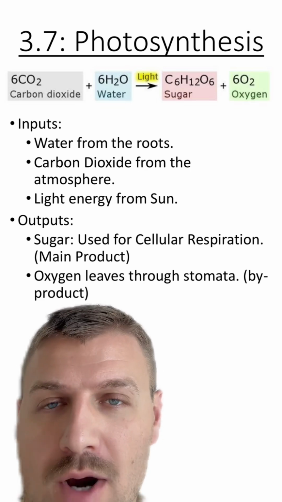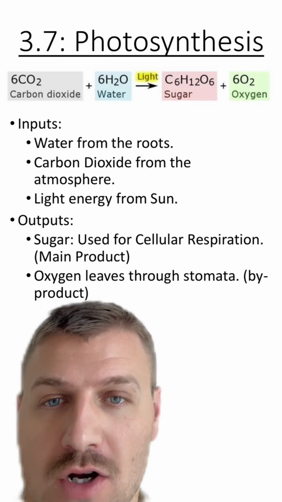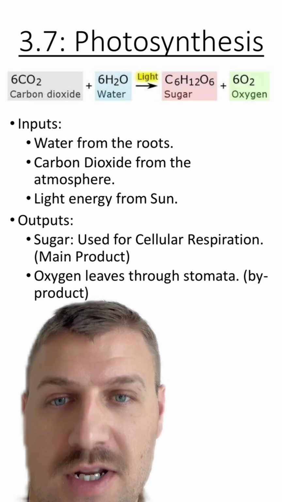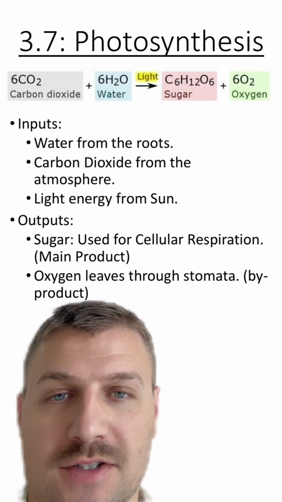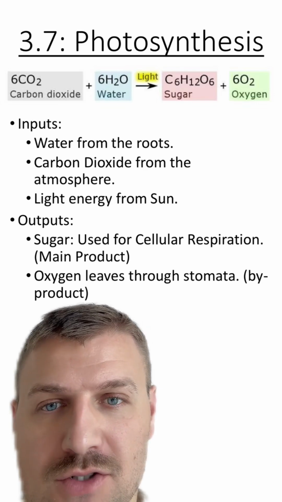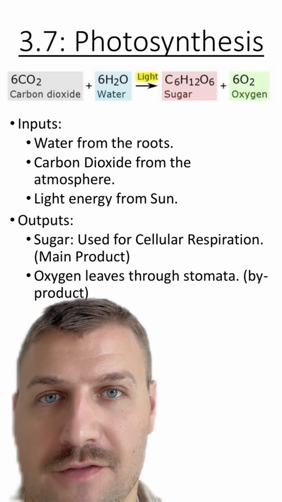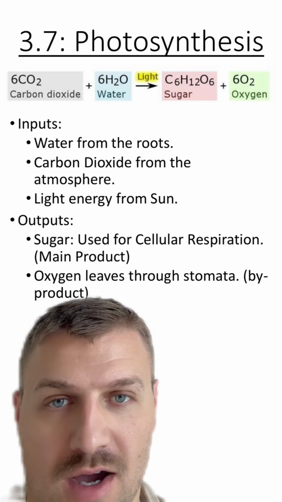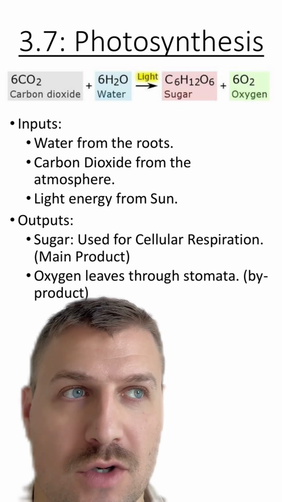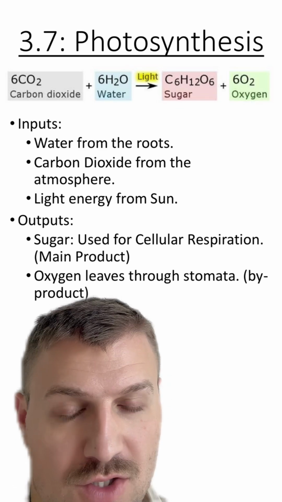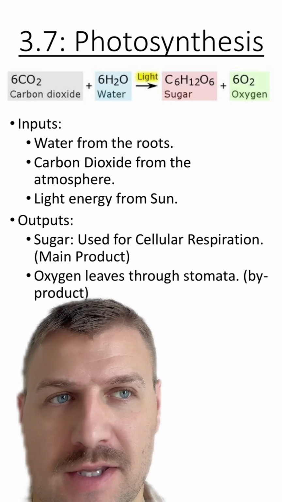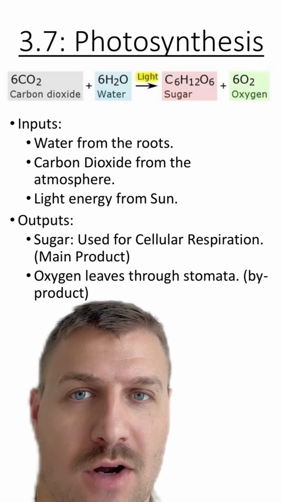The outputs or products here for photosynthesis are going to be sugar, which is going to be later used for cellular respiration, and oxygen, which is going to leave through the stomata. Now, the other important thing to remember here is that sugar is the main product. The whole goal of photosynthesis is to produce sugar for the autotroph. The byproduct, or what is produced afterwards, is oxygen. And we'll talk a little bit about the difference between the main product and the byproduct later on in this